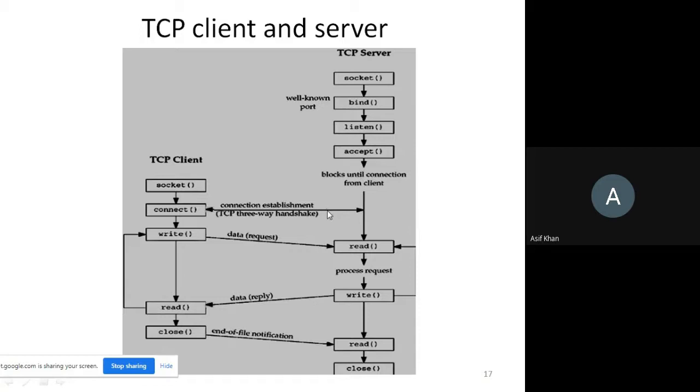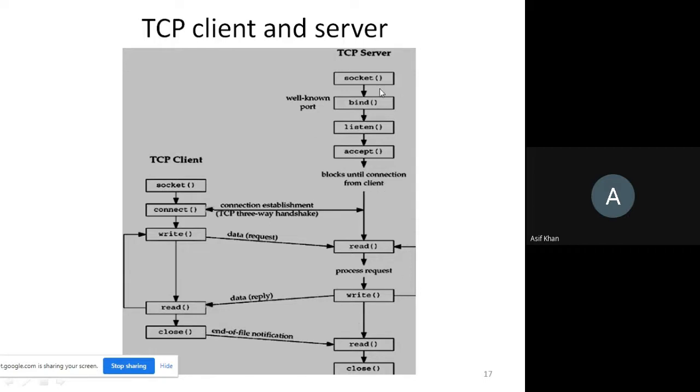Okay. So these are the functions used at the TCP server end. These functions are used in this order. First the socket function, then bind, then listen, then accept. Okay, then at the client side, first socket, then the connect function. And after that, the server and client will send and receive messages by using the write and read functions. Okay? And after their communication is over, they will use this close function to disconnect, right? Okay.